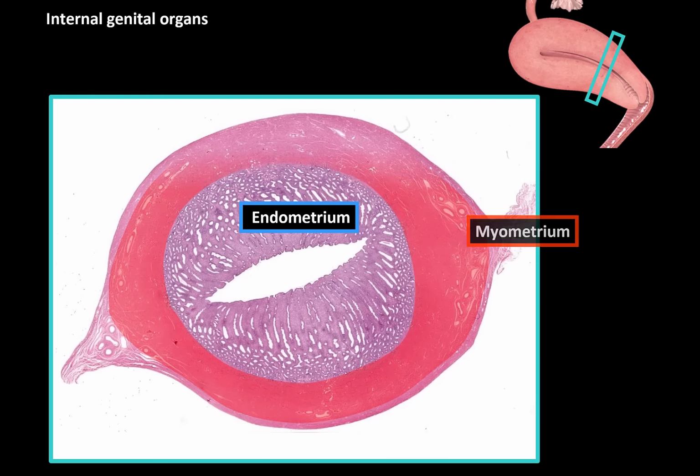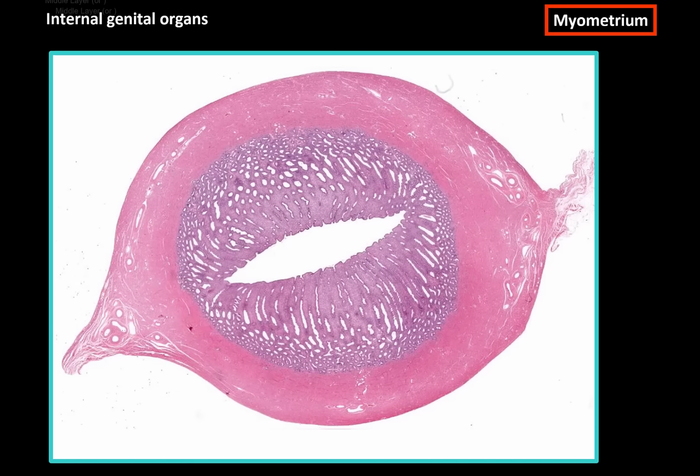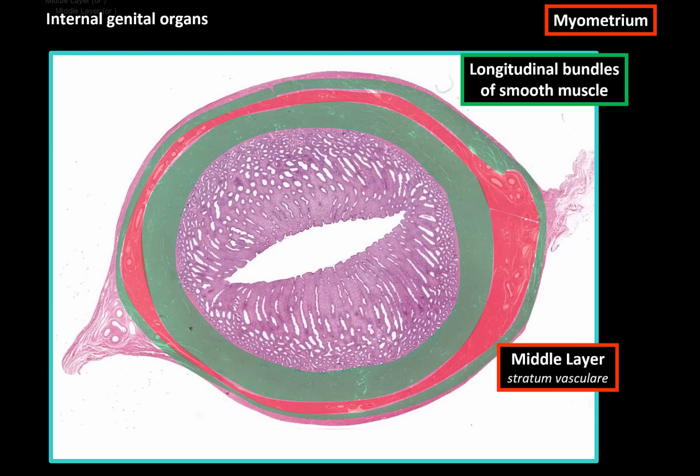Next, let's do the myometrium. The myometrium is composed of 3 layers of smooth muscle. The inner and outer layers are mostly longitudinal bundles of smooth muscle. And we got the middle layer, which is the thickest layer of mostly circular or spiral bundles of smooth muscles